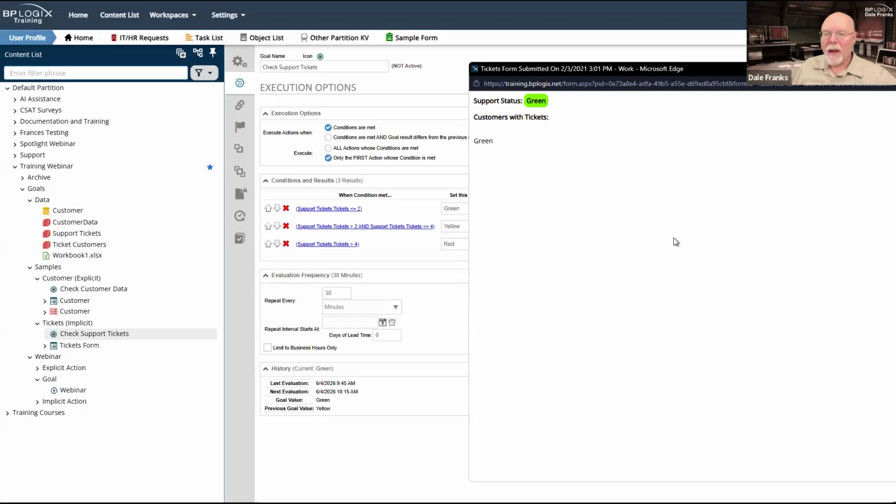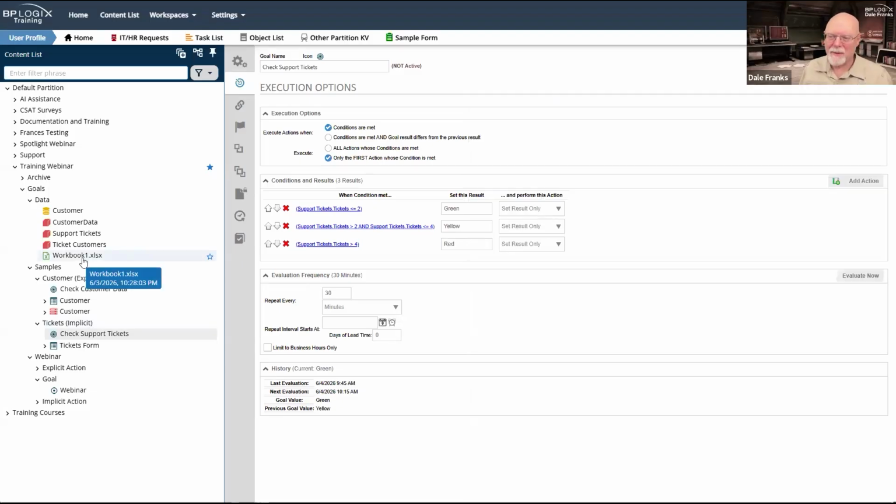So the goal is not giving you whatever the evaluation of the goal is. It's only returning to you whatever the last evaluation was, whatever its current value is. Be careful of this. I find myself sometimes when I'm playing around with goals that I've messed things up. And because I've messed things up, I'm seeing a goal and I go, well, I know that's not true.